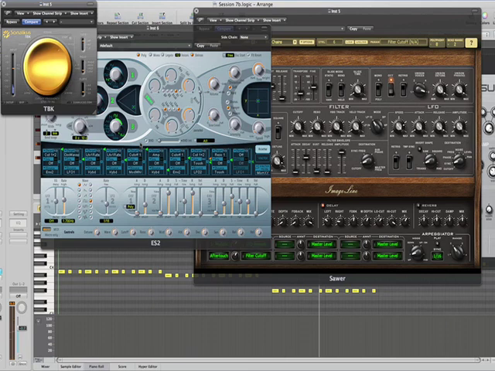I don't think it's quite as good as what the Virus could have accomplished. I think we would have got a wider sounding timbre from the Virus with more of an analog feel to it. But I think that's okay. For a set of virtual instruments, it's come out quite well.